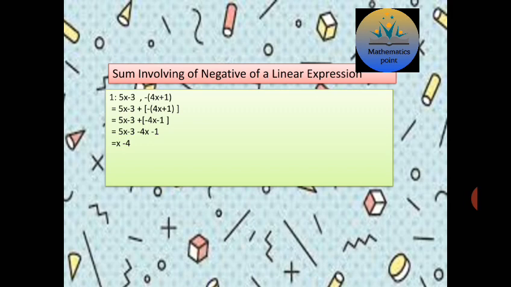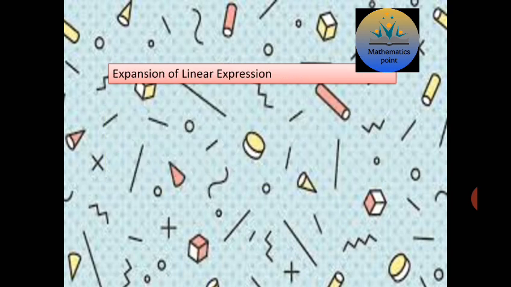Now in the next step, we just have to arrange our terms with the same variable. 5x minus 4x will be solved with each other because both terms contain the variable x. Now we will solve their coefficients. 5 minus 4 is equal to 1, so 1x, and there's no need to write 1 because whenever a variable does not show any coefficient, its coefficient is 1. So minus 3 minus 1 is equal to minus 4. 3 plus 1 is 4, and when both terms have the same sign, they are added and we keep that sign. Both 3 and 1 have a minus sign, so we put the minus sign with the 4.